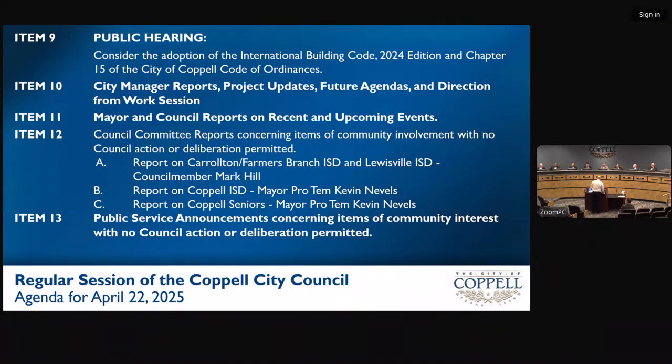Good evening, Mayor and Council. I'm Steve Schubert, Chief Building Official for the City of Coppell, and I am joined this evening by Tim Oates, the city's Fire Marshal, to recommend for the Council's approval the City of Coppell Construction Chapter and the 2024 edition of the International Code Council's Collection of Codes, as recommended by the Building and Standards Commission on April 3rd, 2025, and as proposed to Council at the work session on April 8th, 2025. I do have the presentation of 107 slides available if anyone wants to go through it. Otherwise, we're here to answer any questions that you may have.